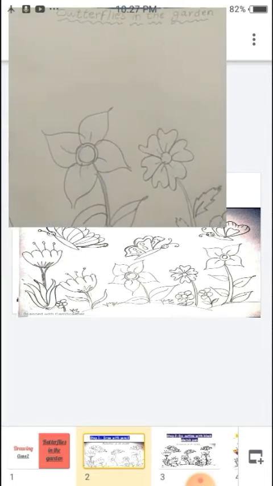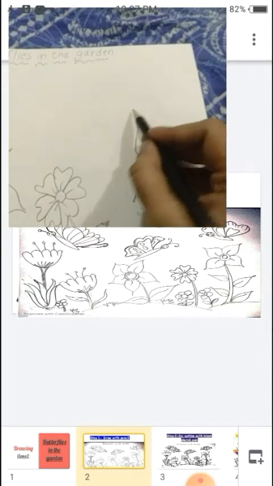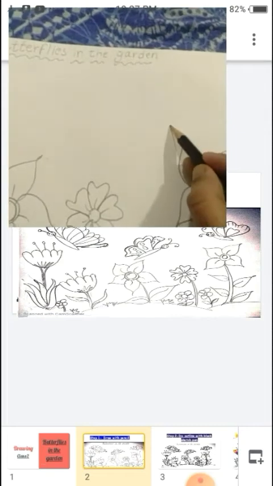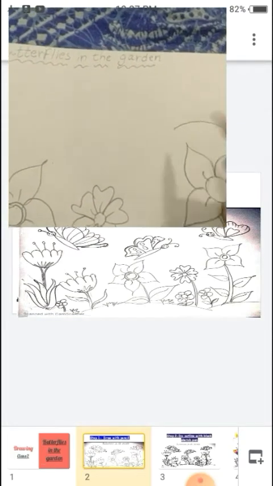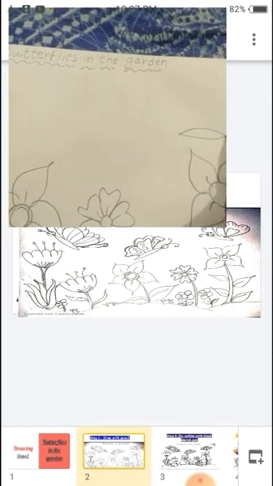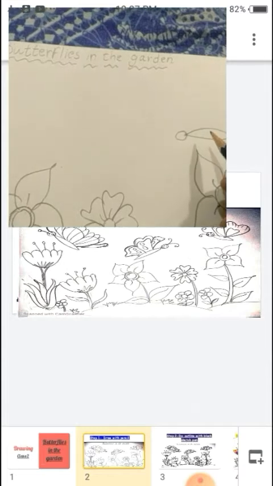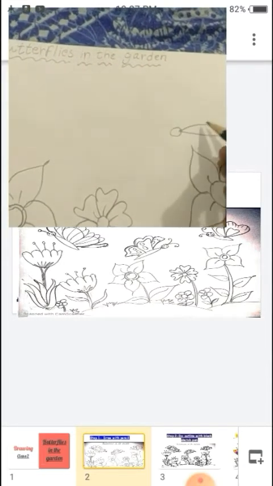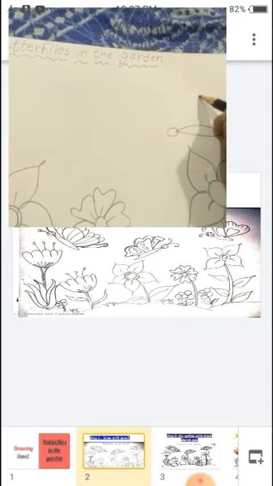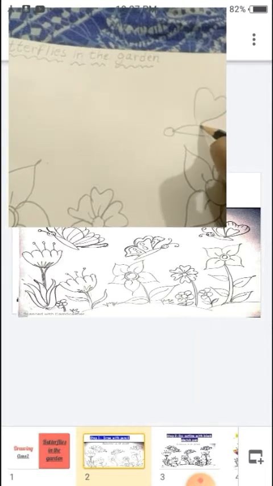Afterwards, our main subject is the butterfly. Make a half semicircle curve. Okay, make a curve over here, then a full circle. Look properly, students. I'm drawing very slowly. Then here you can make the small wings of the butterfly.